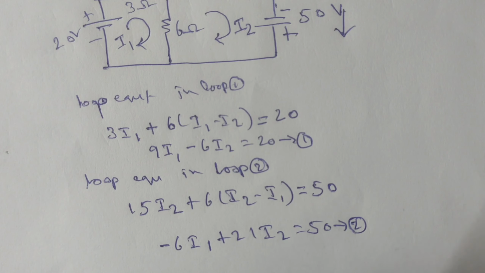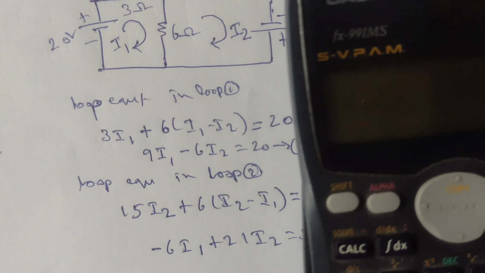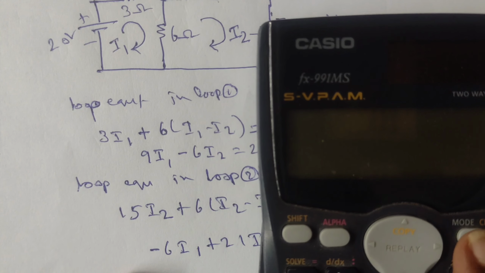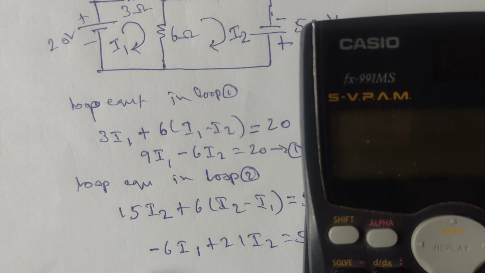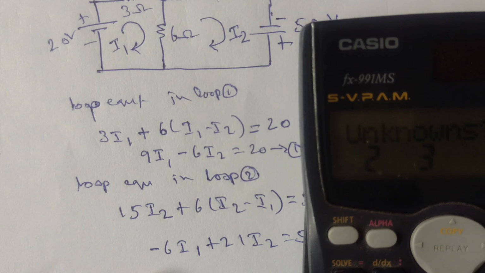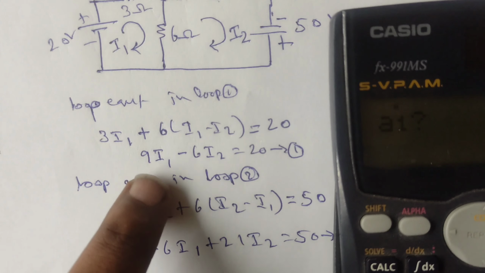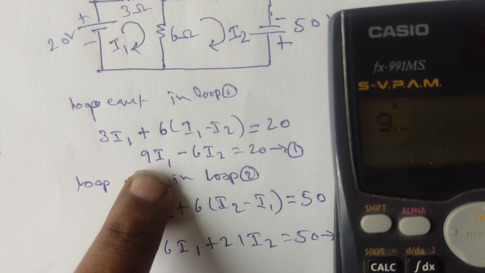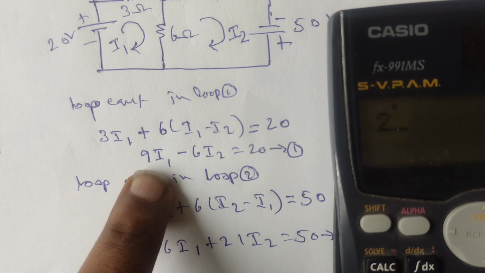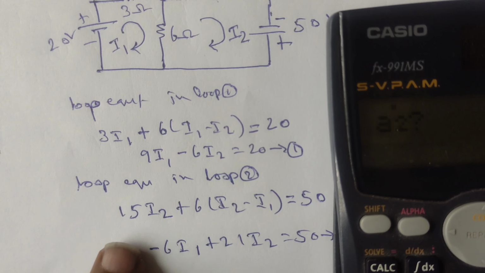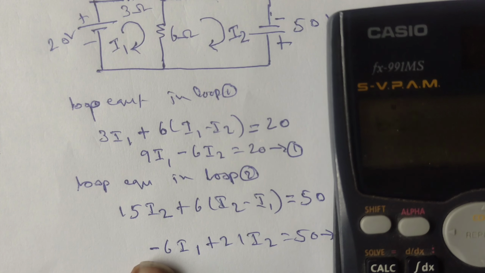In a calculator, using those equations, we can substitute those values so that we can get the answers. This method you can use for verification purposes only. I have already instructed that A1 is the first equation's I1 coefficient, B1 is the first equation's I2 coefficient, and C is a constant. Repeat the same for equation number 2 also.